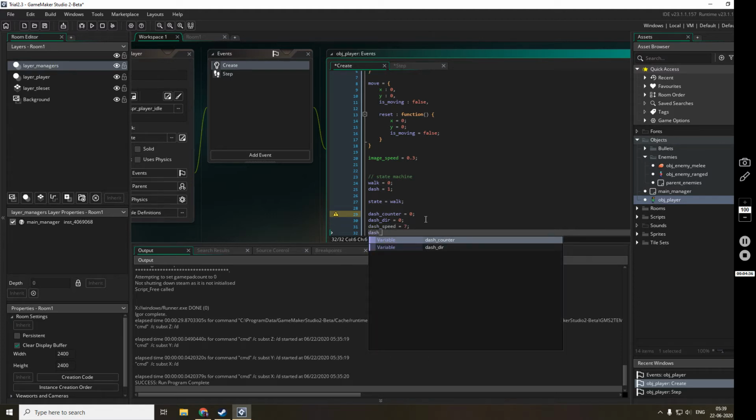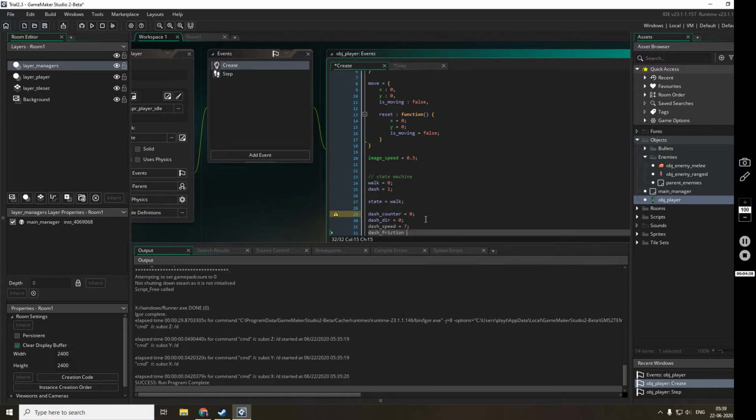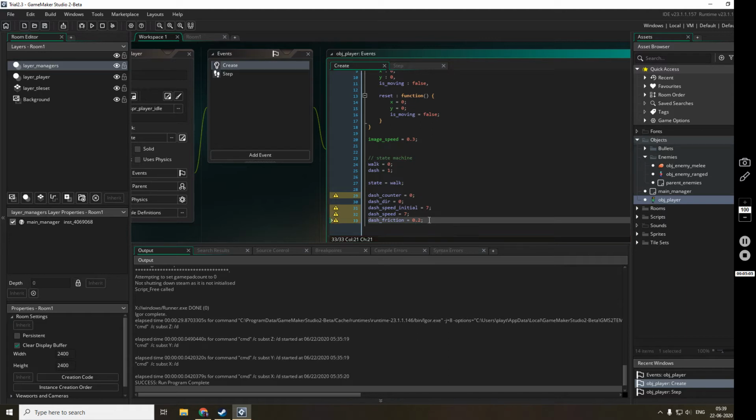Dash friction is equal to... okay. So we have to create another one which will be the initial speed, and dash speed. Dash friction is equal to something like 0.2. So I guess we are good to go with all the dash variables.